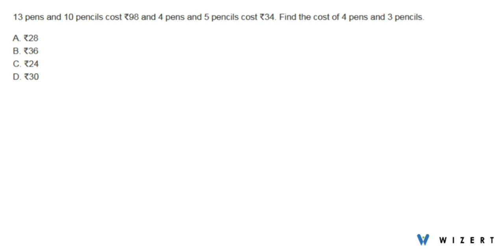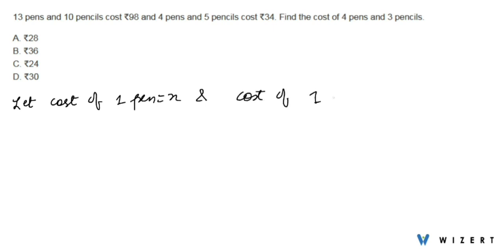13 pens and 10 pencils cost rupees 98 and 4 pens and 5 pencils cost rupees 34. So we have to find the cost of 4 pens and 3 pencils. So first of all we'll assume that the cost of one pen is X and the cost of one pencil is Y rupees. So according to the question, what we can say is,